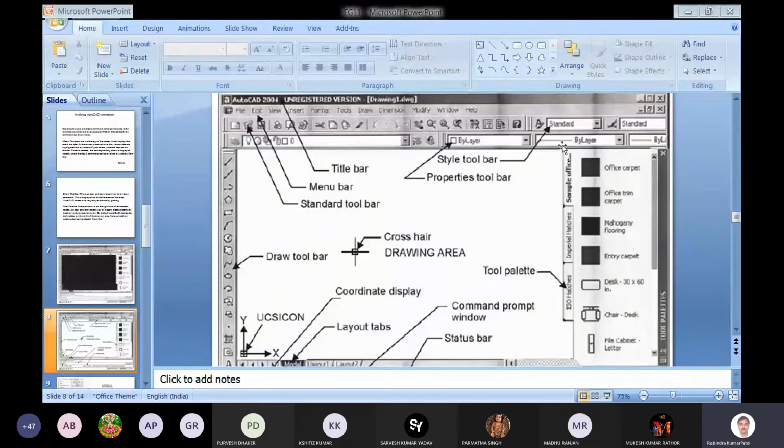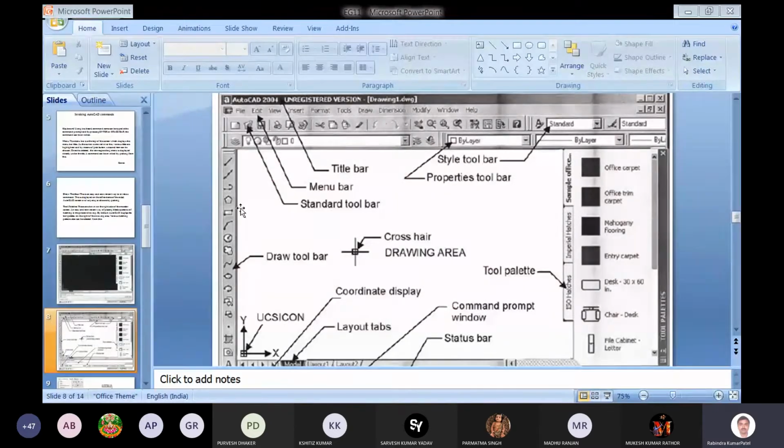From another we can change the line type. The standard toolbar is there, which we already know. In these toolbars, cut, copy, paste type things are there, and undo and redo.